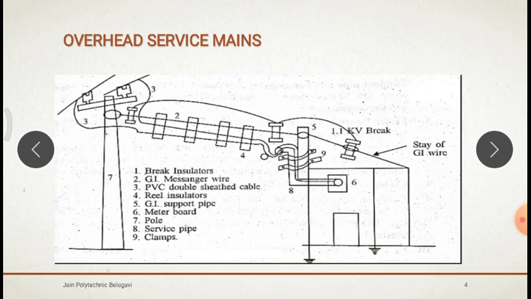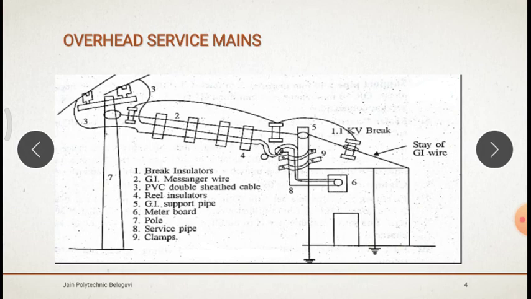So, overhead service main. Now we'll see, we got to know what materials we are using, but how much is the specification? I told that we require PVC aluminum sheet cable, but again, depending on the current rating, we require 1.5, 2.5 square mm sizes, which will differ according to our current requirement. So how much cable is required and how much service pipe is required?